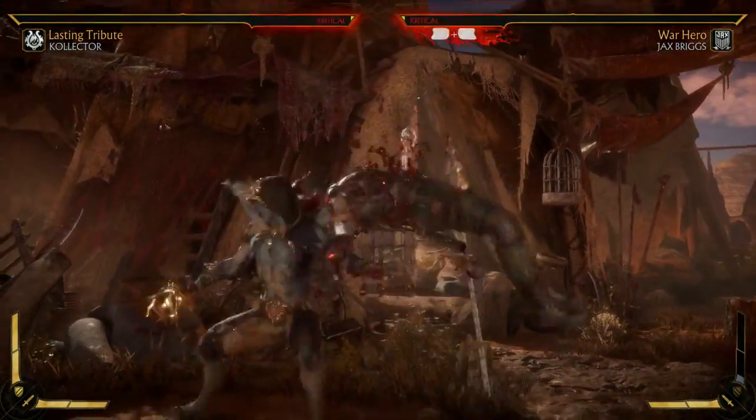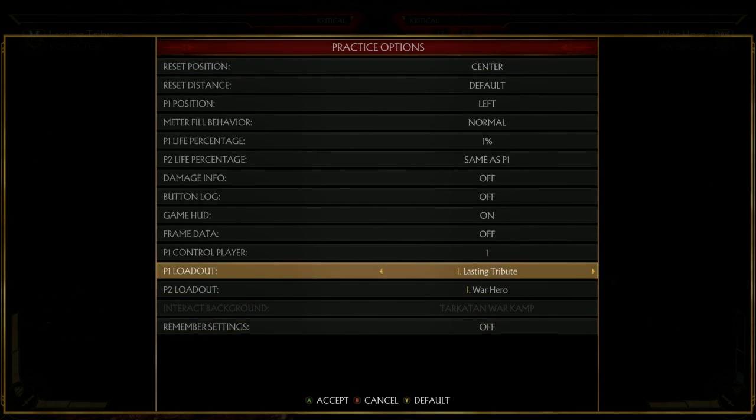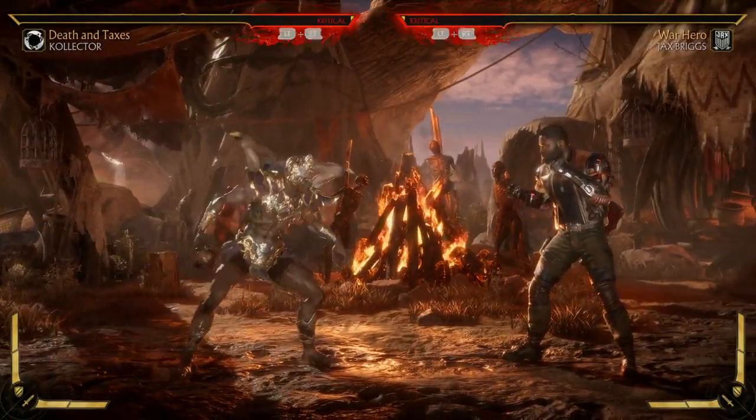All right, so let's go over one more loadout. I made this a zoning loadout, again, because he can do everything. So the first one I would use, you have teleport, then you get in, and you start doing command grab mix-ups. This one...